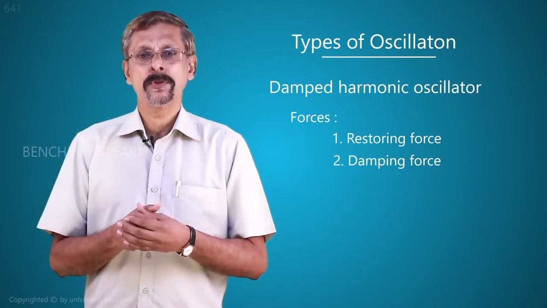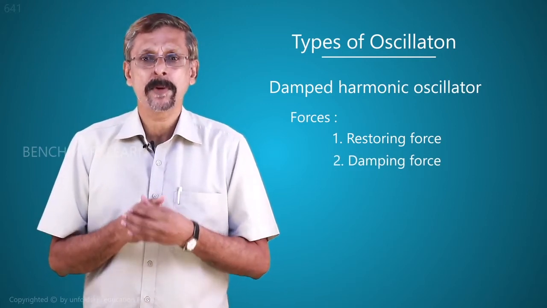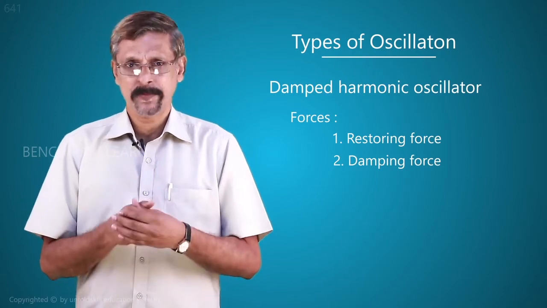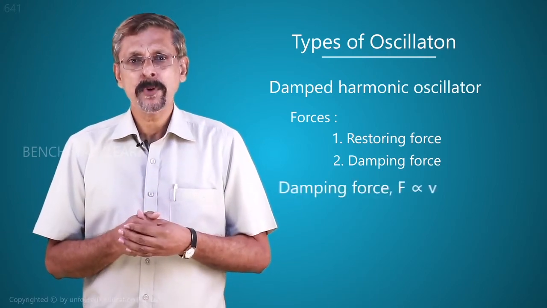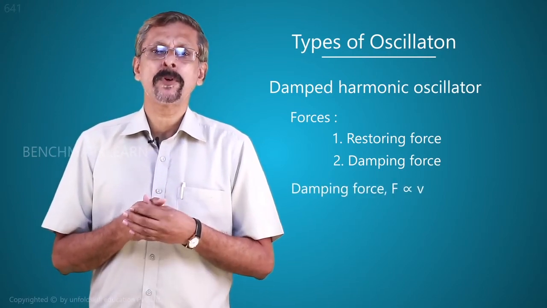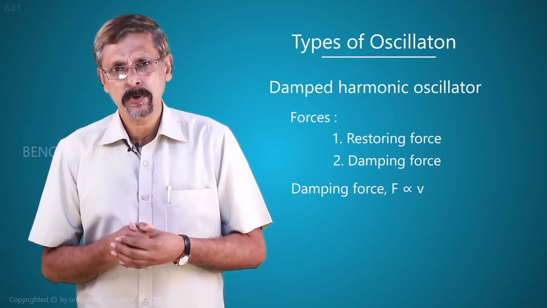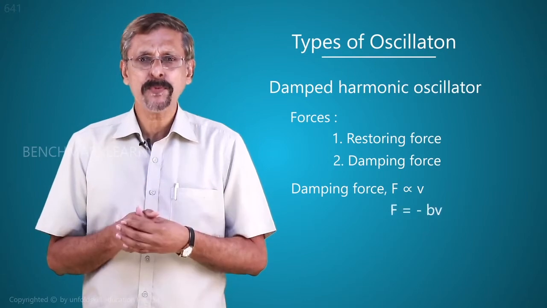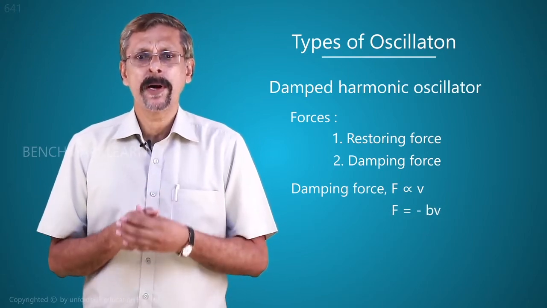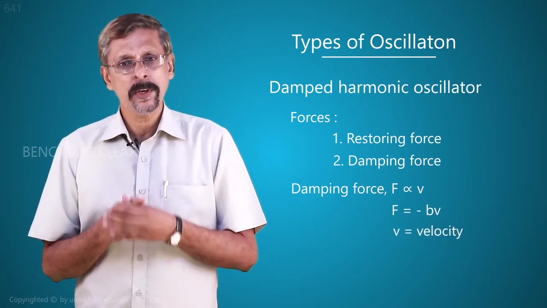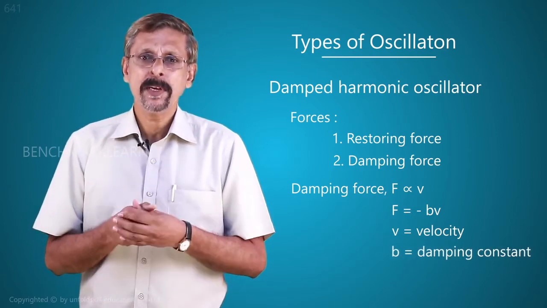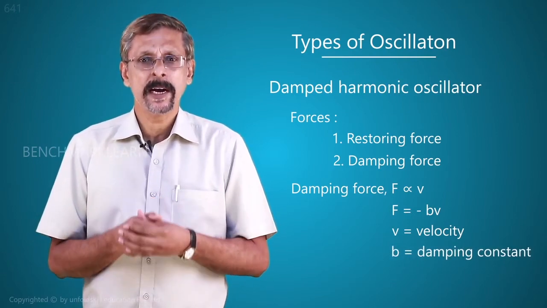This damping force is directly proportional to the velocity. So damping force F is proportional to velocity. So you can change the proportionality into a constant. So F equal to minus bv, where v is the velocity and b is what is known as the damping